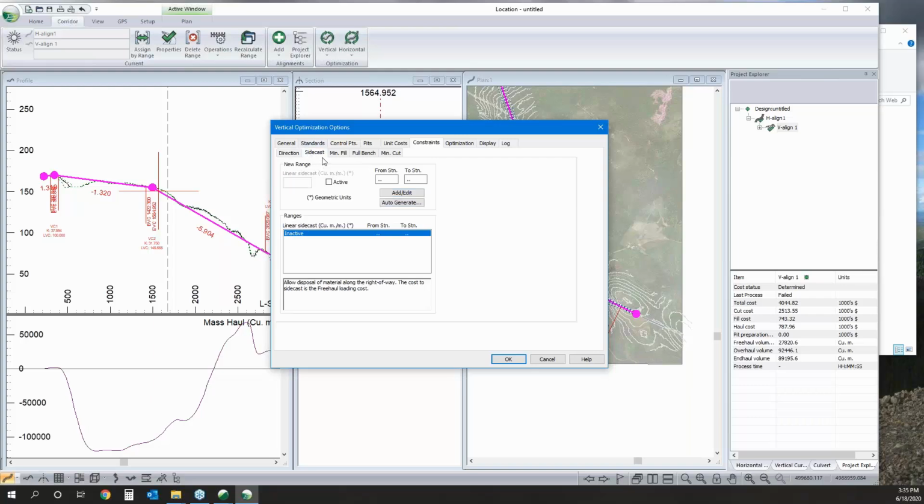Over here, we have our sidecast tab. This behaves similarly to a waste site, but it's more of a linear waste site. So here we can say we'll allow the material to get rid of extra material along the edge of a road, but the unit that we're going to use for that is volume per linear length of road. So let's say we can sidecast 5 cubic meters per linear meter of road,